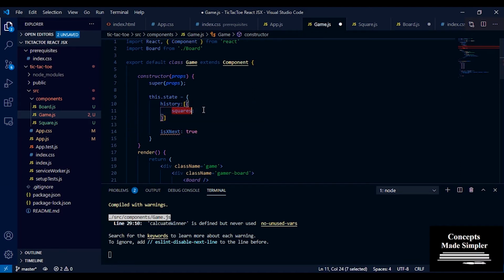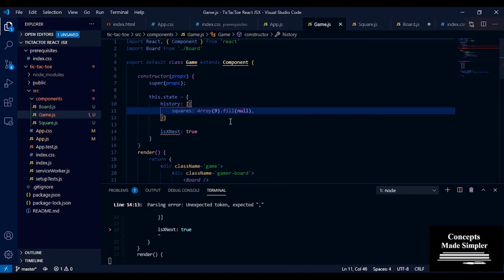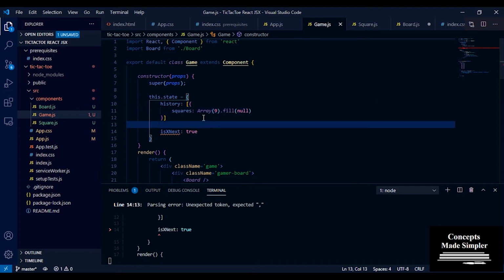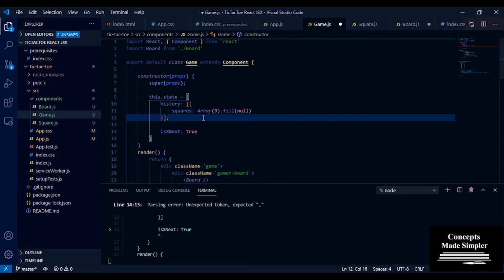So now, instead of using this.state, we're going to be using the latest from history. For initializing, we initialize squares directly inside history.